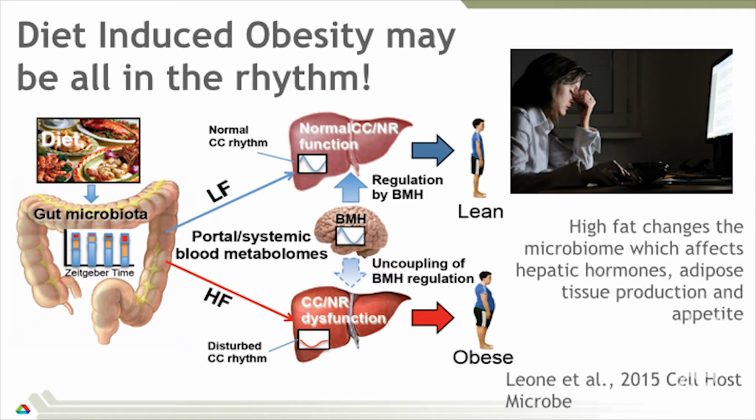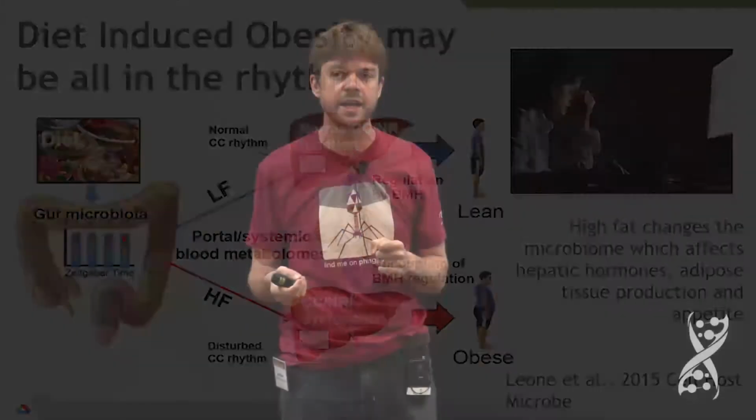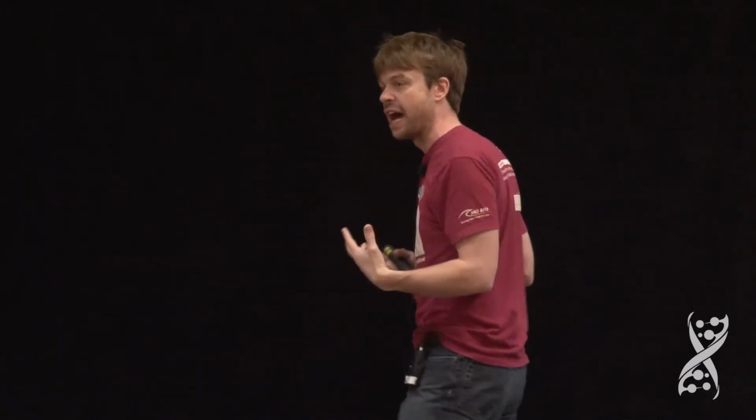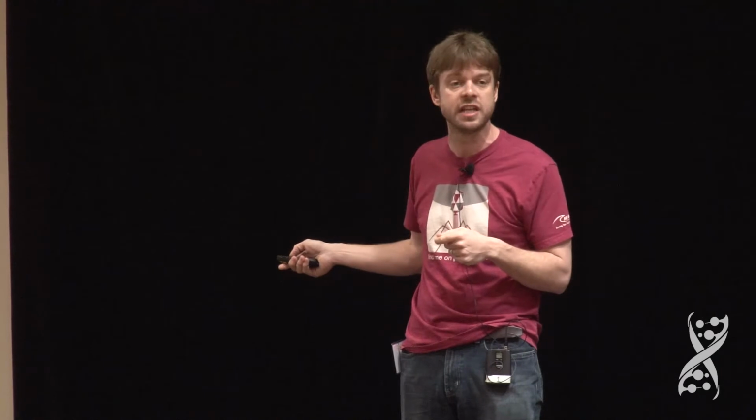We showed with work in my group at University of Chicago with Gene Chang that if we added high fat, milk fats, to a mouse diet, we could actually disturb the circadian rhythms of the bacteria in the gut without disturbing the circadian rhythms in the brain. And those bacteria, when we generated a metabolic model, release certain metabolites which actually disturb the circadian rhythm of genes in the liver. And the liver breaks down enzymes in the body, and it also breaks down hormones, which are particular enzyme components. And what we actually start to see is when those circadian rhythms in the liver are disrupted, we actually see the mouse gain weight.